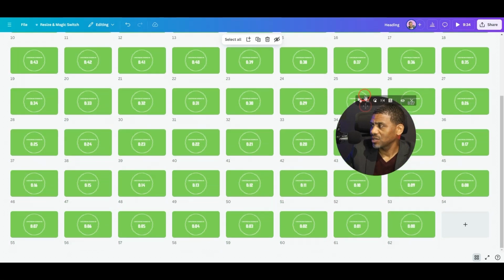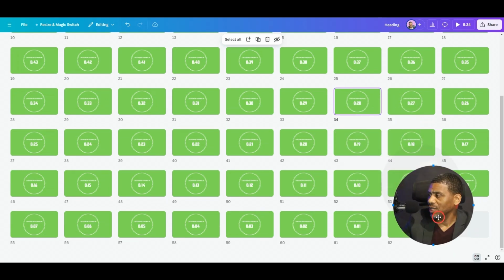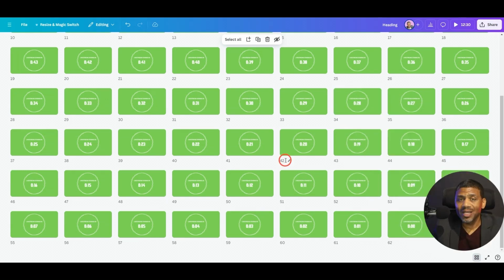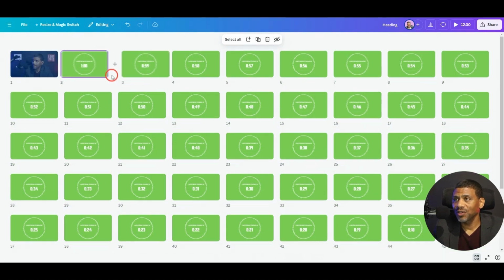All right, like I said, you just want to double check, make sure you got them all in there. Uh-oh, accidentally moved one. There we go. Just want to make sure you got them all in there. We have them all in there. Okay. All right, so now that we have all of these verified, all of our countdown seconds verified,